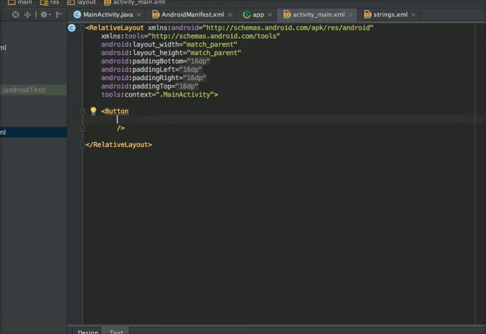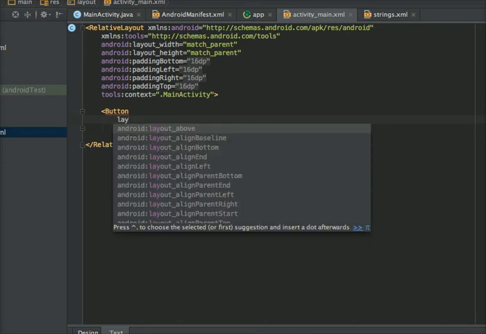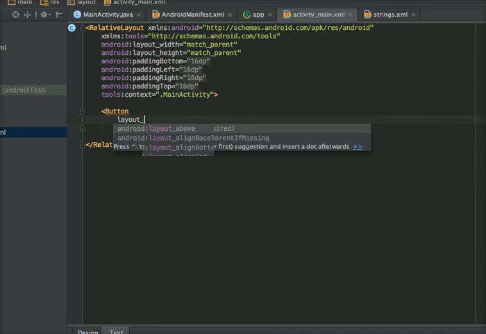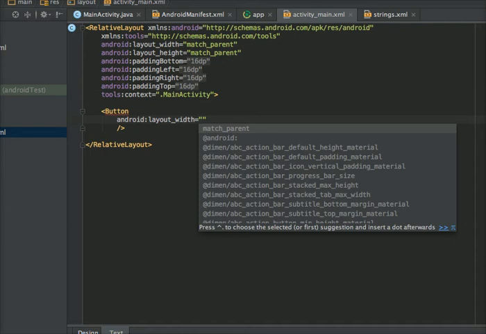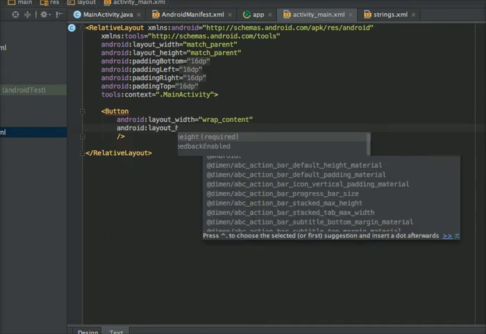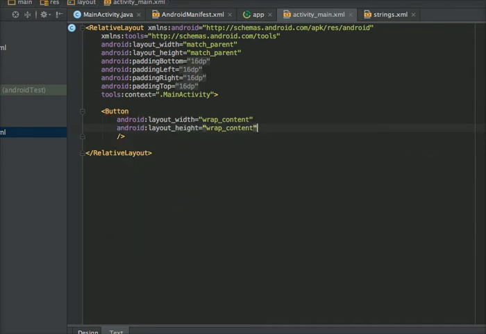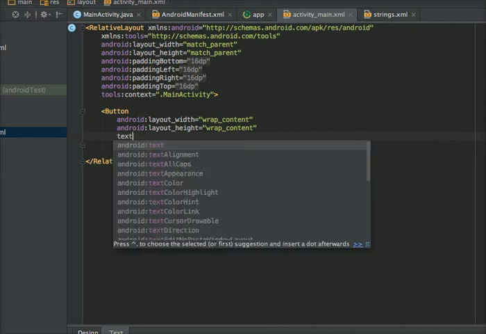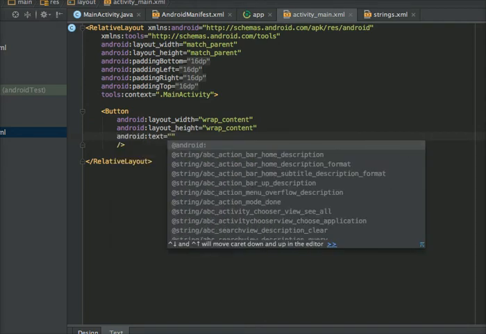The mandatory attributes of any view are layout_width, which is required, so I'm giving wrap content, and height wrap content.